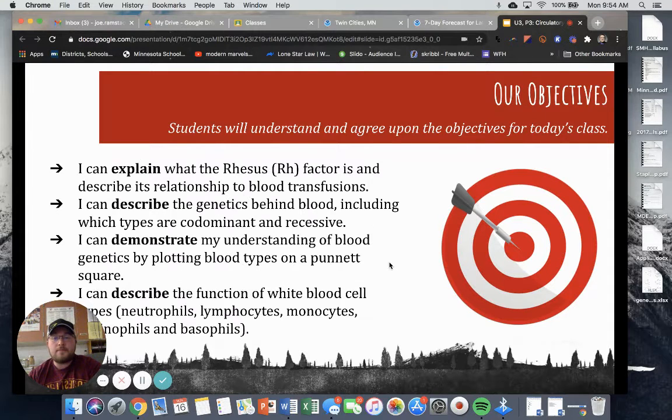the blood types. We'll be able to explain what the Rh factor is and how to describe its relationship to blood transfusions. We'll be able to describe the genetics behind blood, including which types are codominant and recessive. We'll be able to demonstrate our understanding of blood genetics by plotting blood types on a Punnett square. And we'll be able to describe the function of white blood cell types, so neutrophils, lymphocytes, monocytes, basophils, and